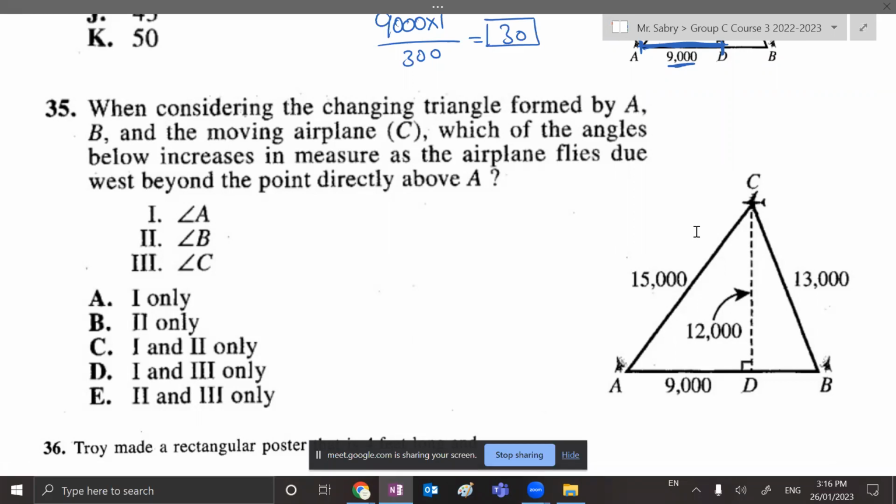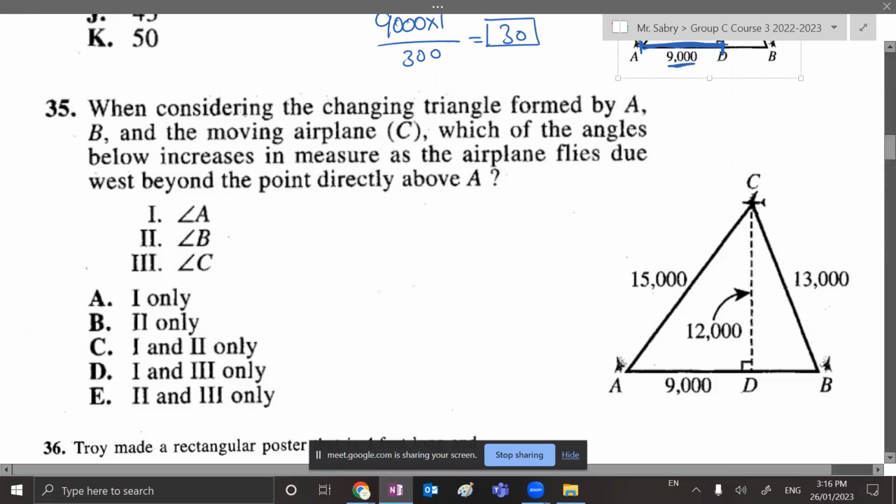You're saying, when considering the triangles formed, changing the triangle formed by A and B and the moving airplane C, which of the following angles below increases in measure as the airplane flies due west beyond the point directly above A. So they're saying, let's say point C, where the airplane is apparently moving in this direction, that's the west direction. And as the airplane passes the point above A, as the airplane already exceeds this point here,